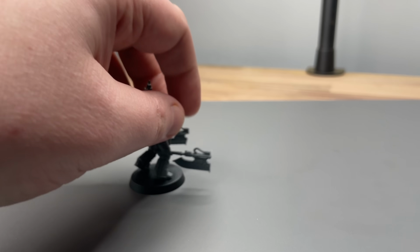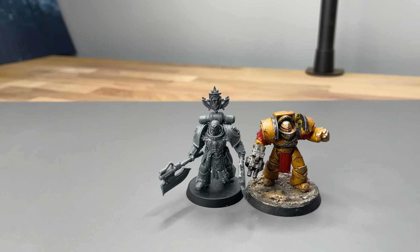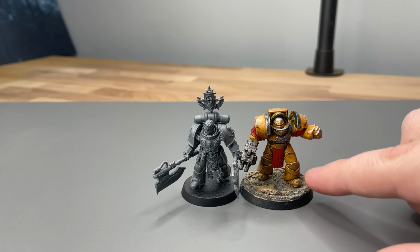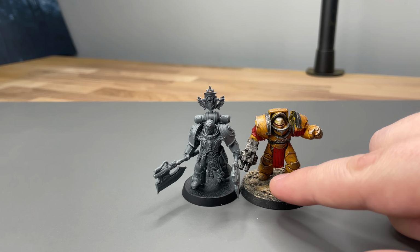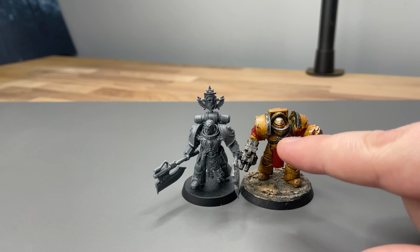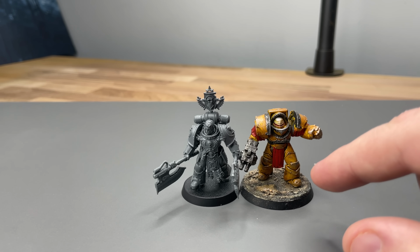If we compare Fafnir with the Cataphracti Terminator, again, this is another case. These both look the same size to me. The Cataphracti looks probably a little bit bigger because the base I designed him on is a bit of rubble, so he's not actually sat on the actual plastic base. I'm sorry, this is the only model I had to hand. So I think that's why it builds him up to more or less Fafnir's height. If he didn't have that little thin layer of base on him, I would argue that the Cataphracti would be